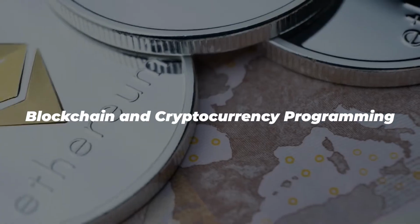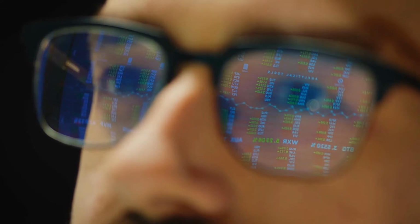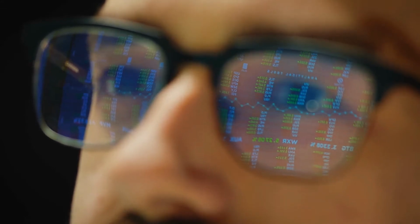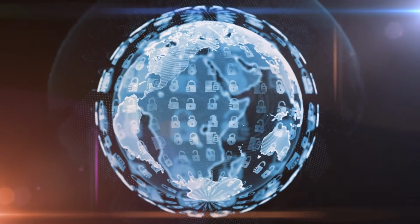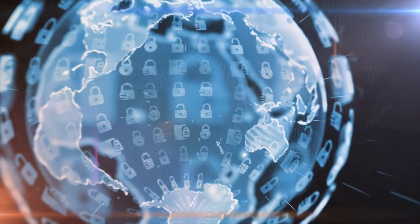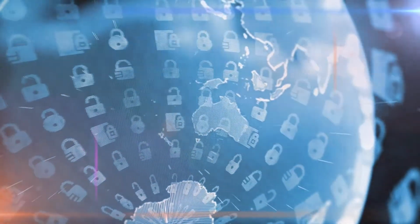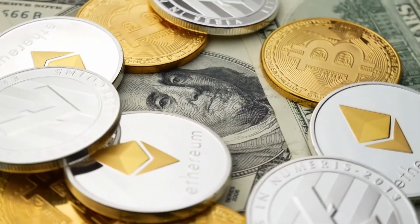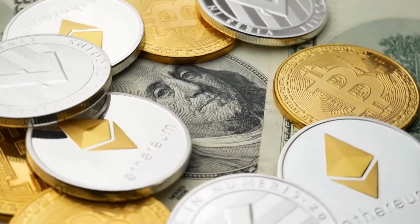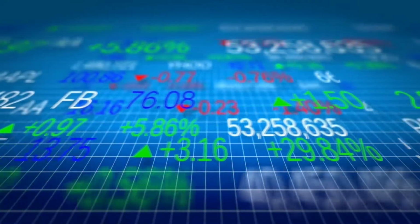Blockchain and cryptocurrency programming. If you even have a solid grasp of what these words mean, you're well on your way to a lucrative career. Simply put, blockchain is a specific type of database that collects and stores new information in, you guessed it, blocks. The system chains each new data block to the previous one in chronological order. Blockchain is the record-keeping technology which serves as the basis for the popular cryptocurrency, Bitcoin. It's a ledger, so to speak, for cryptocurrency transactions, and the way the data is secured within the blockchain makes